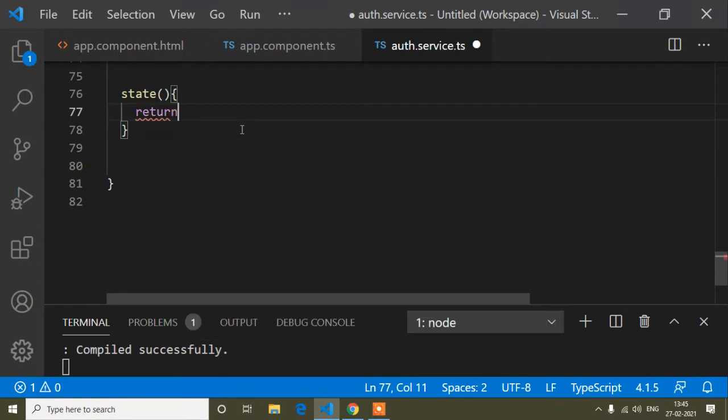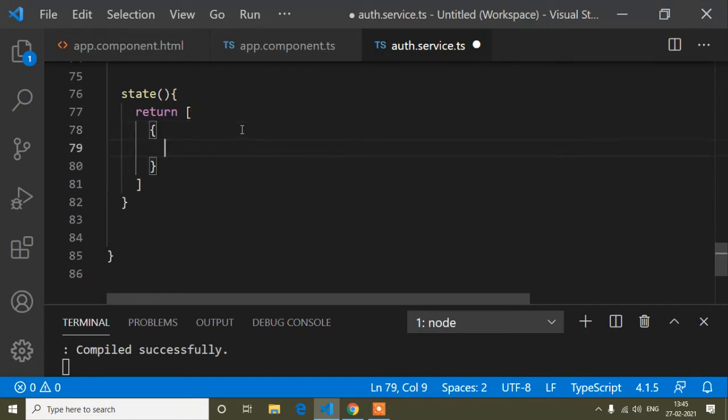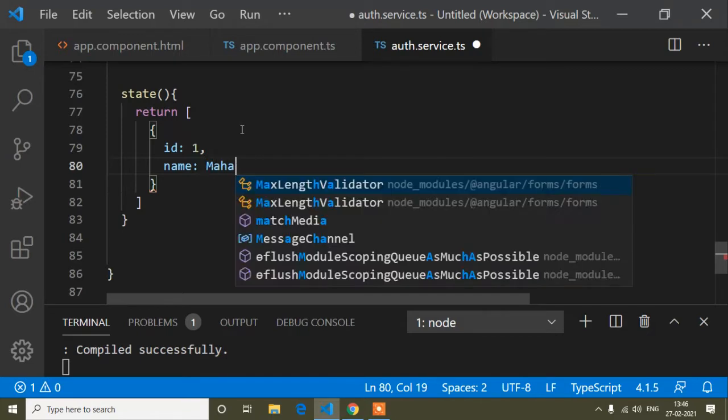Inside this return keyword I will now make our state array: an array, then objects. Inside this object, first of all I will write id, which is 1, comma, and the state name, first of all I will write Maharashtra.